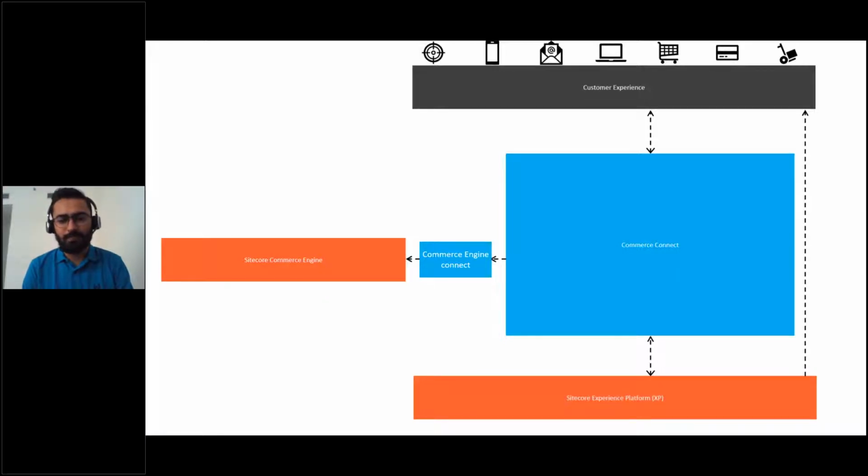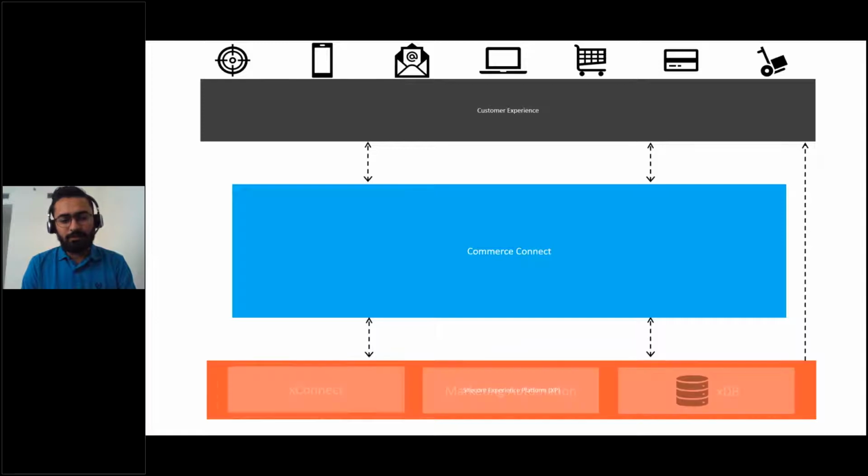If we expand the XP platform, or analytics platform, which is there in the normal Sitecore product, we'll find a lot of xConnect services there: xConnect collection and search indexers, jobs, and all those things. Along with that, we have the marketing automation engine, which is responsible for marketing automation plans. All those services interact with the xDB database, reading and writing contact data to the xDB database. And how are these commerce-related analytics capabilities added? They are added in the middle part, which is Commerce Connect, as part of Commerce Connect.